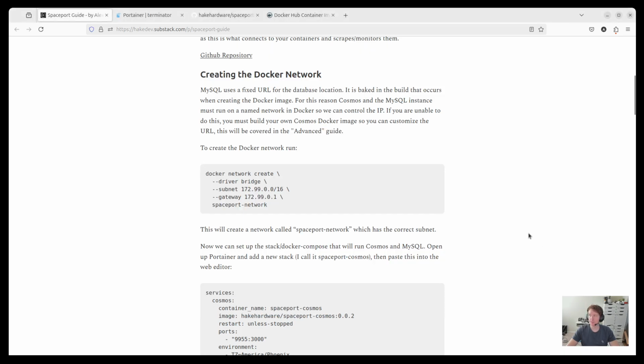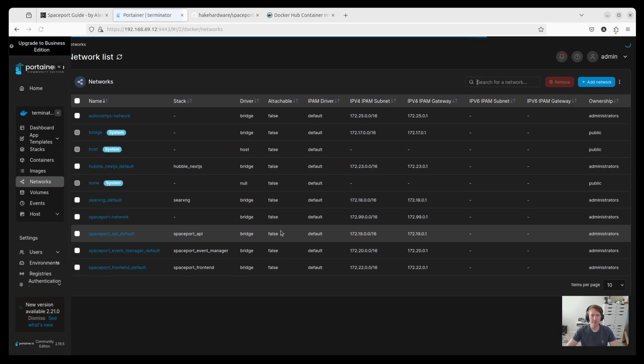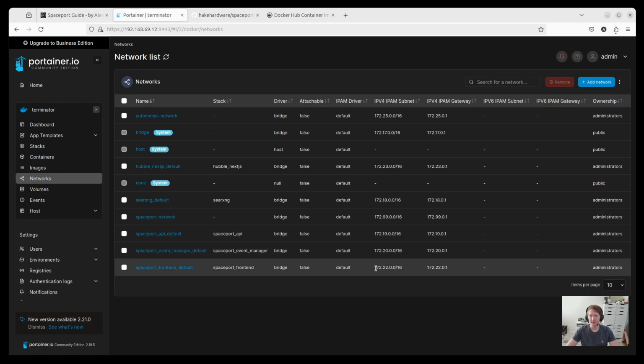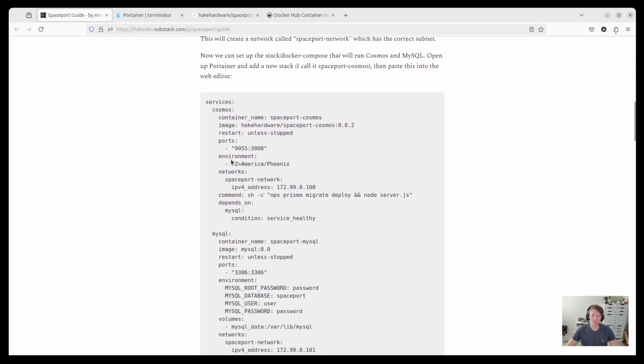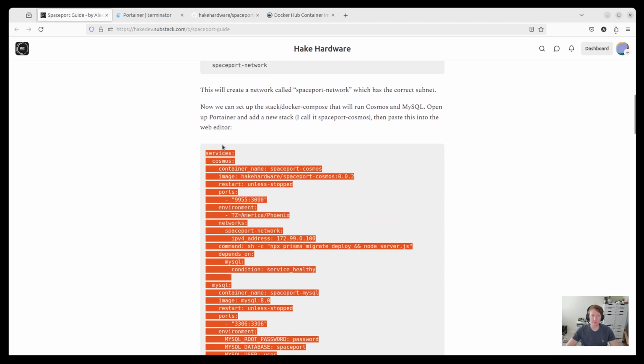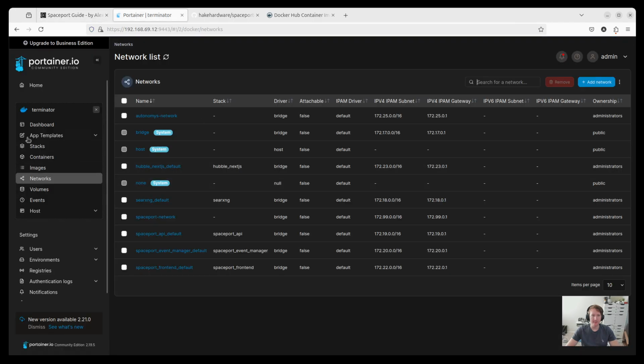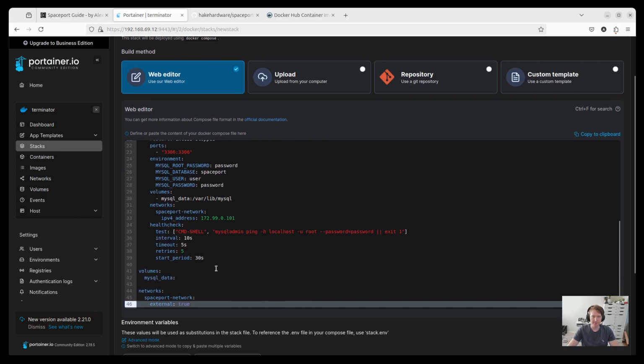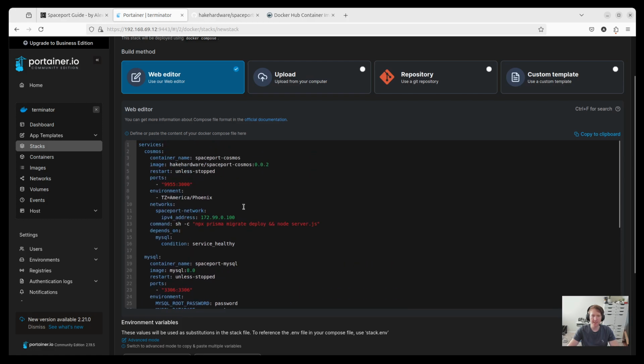So you can remove that, and let's go back to Portainer. And if you go into like networks, you should be able to also see Spaceport network in here, which is the 172.99.1. And we're going to need that because the next step is to copy this stack file or Docker compose and create a new stack. I'm going to call it Cosmos. I called it Spaceport, but I want to be a little bit more specific. This is Cosmos, and you should only really update the version, which right now, I think the latest version is,